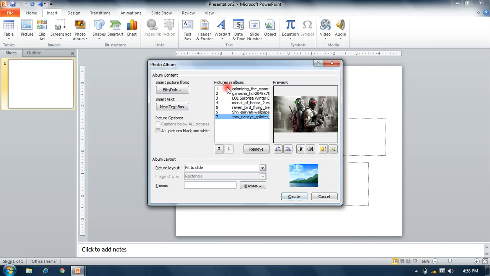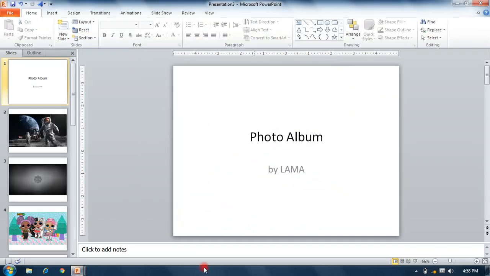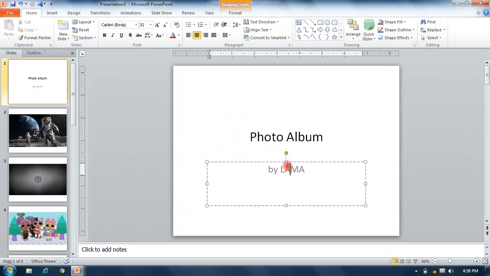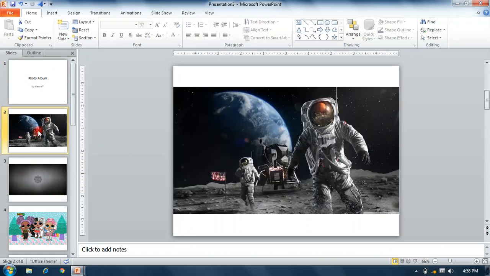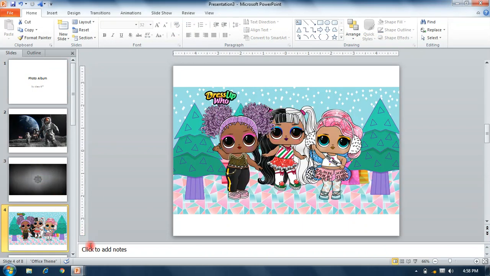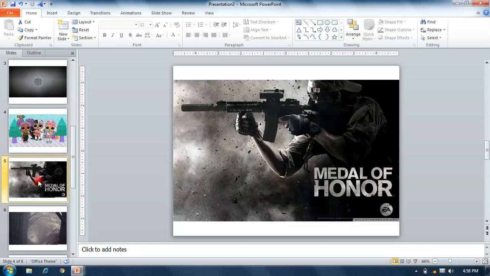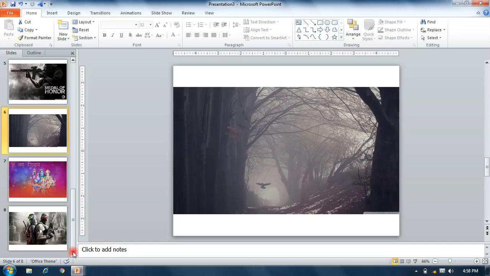As you can see, these seven pictures are selected, and from here we create a photo album. We can change the layout from here as per your requirement, and effects or formatting options are allowed when we select an object.